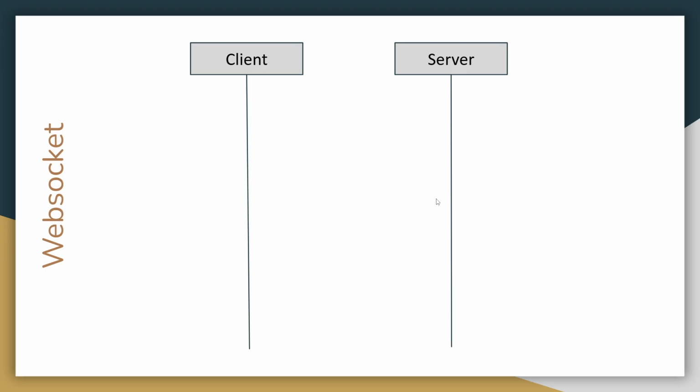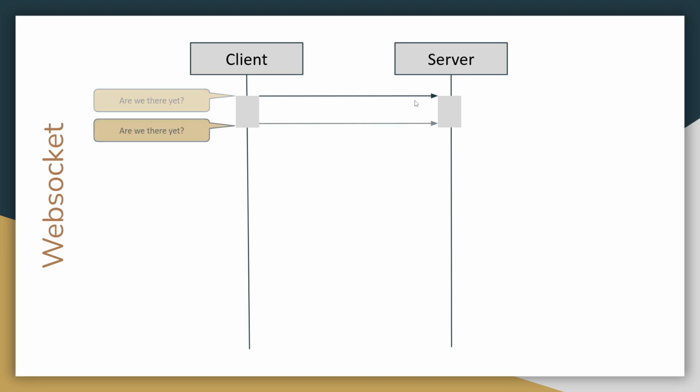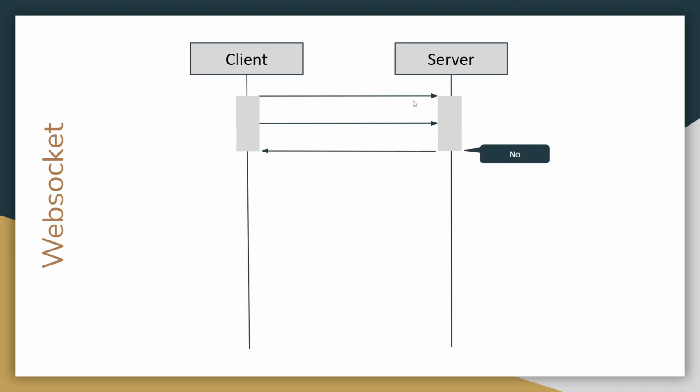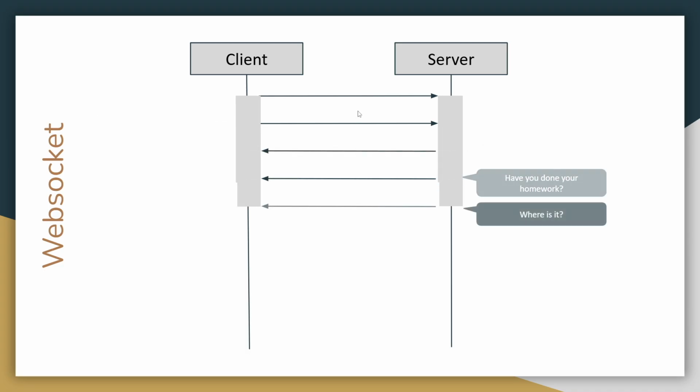Next item, WebSockets. WebSockets is kind of like the original way to talk with the server in real time. WebSockets is bi-directional, so it's not just the server talking to the client. The client can also talk to the server over the same channel. From an animated networking sequence: client talks, server talks back, server talks back again,